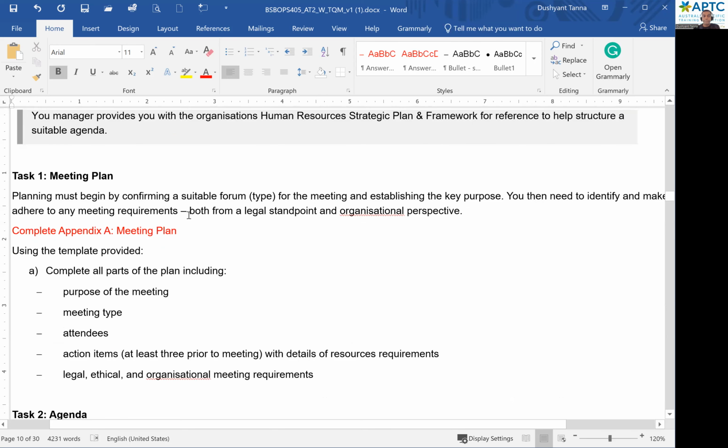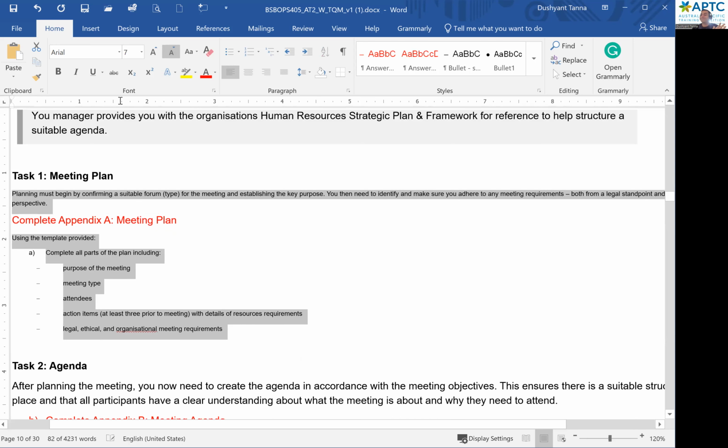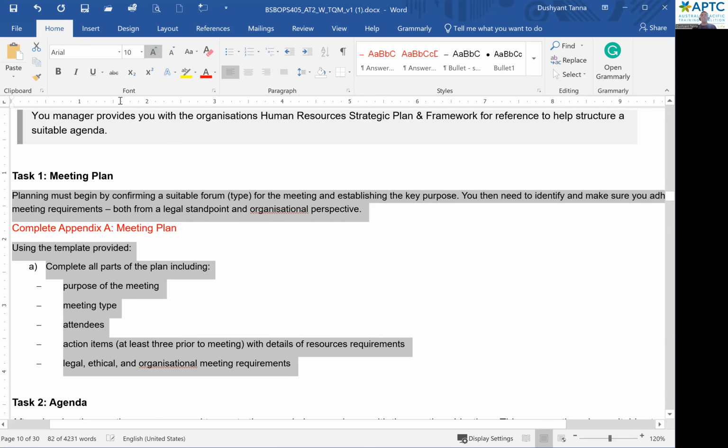Meeting plan. See, I highlighted that in red. What you are doing is completing Appendix A. That's it. Everything else can literally be ignored. I mean, you can read the fine print and everything in between, but everything is captured